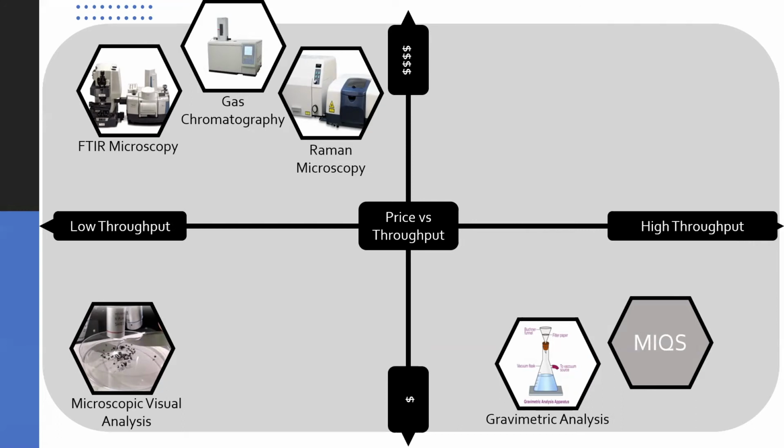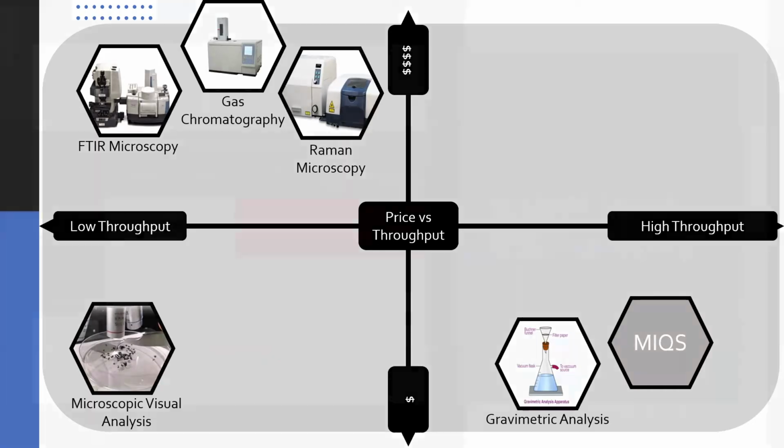And finally, on the right corner, the MIQS system shares the high throughput and inexpensive quadrant with the gravimetric analysis, where anything that helps a researcher to do gravimetric analysis does tend to have high throughput, as it allows a researcher to analyze a bulk sample for microplastics and get a general mass of all microplastics in the sample. And it is inexpensive, as the materials that are required to do gravimetric analysis are normally found in any kind of chemistry lab. And the MIQS system hopes to share this space with gravimetric analysis and be similarly high throughput and inexpensive for